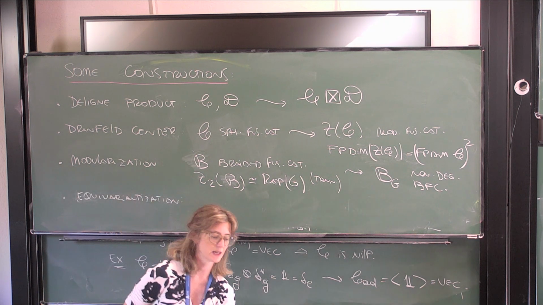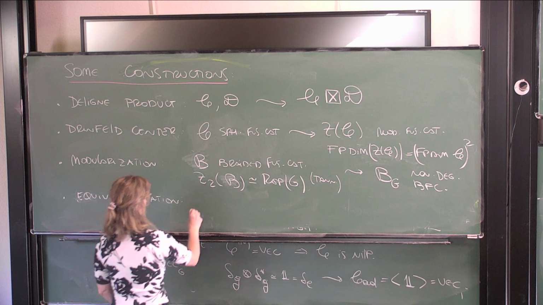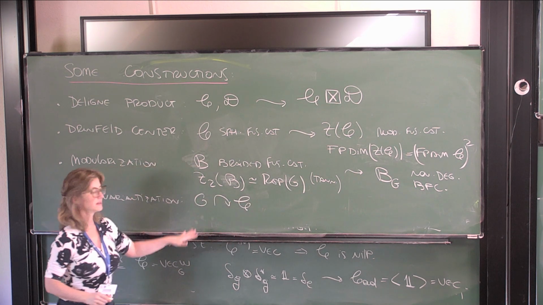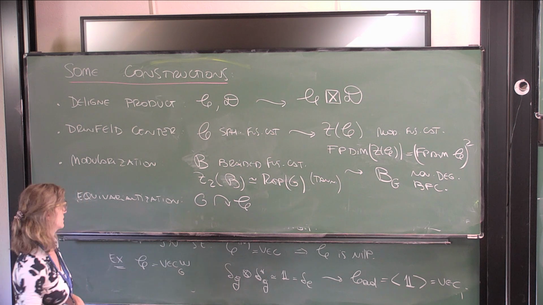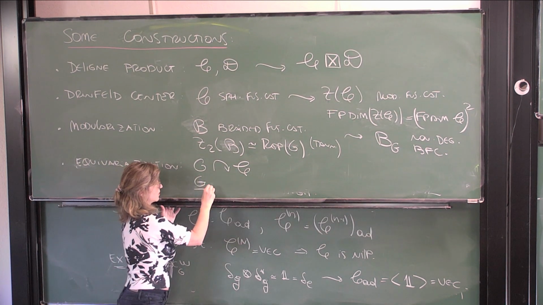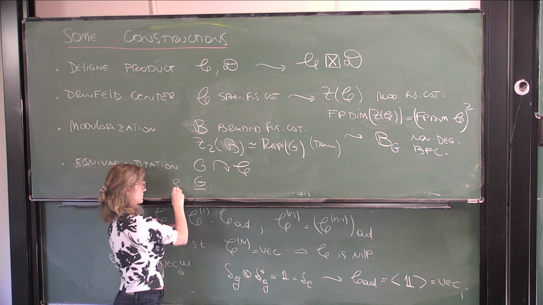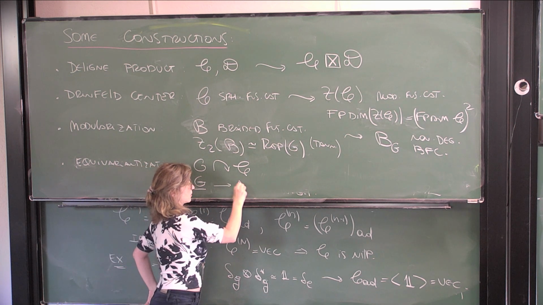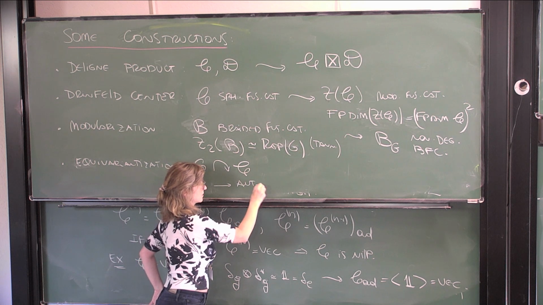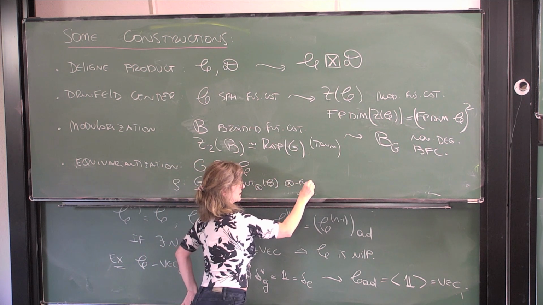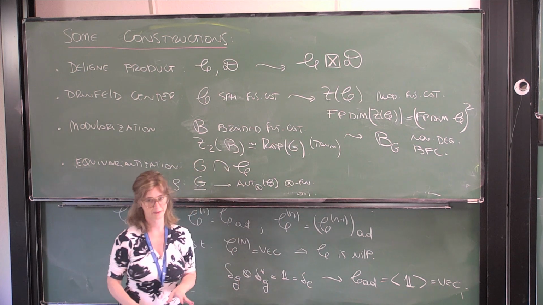So if I have a G action of a group in my category, so this is a categorical action. So basically, what I will do is I will look at my group as a category, and I will have a tensor functor